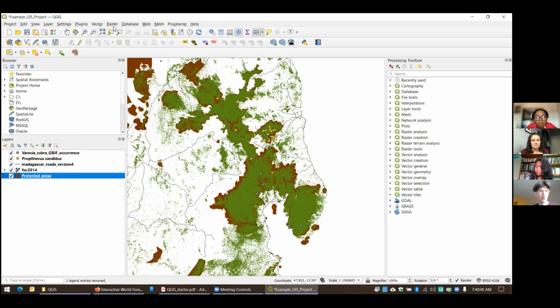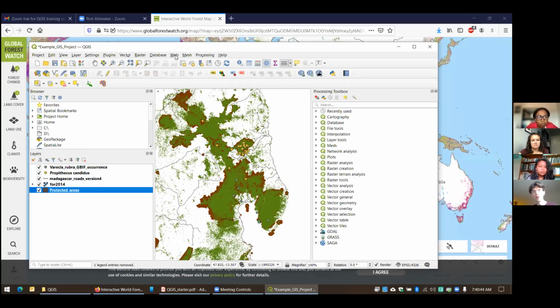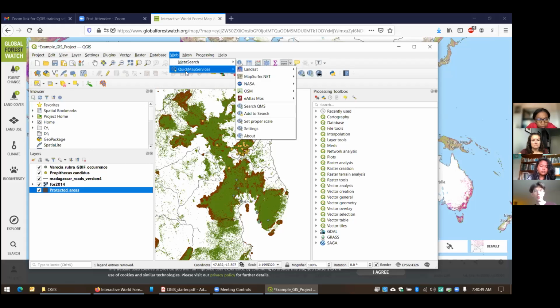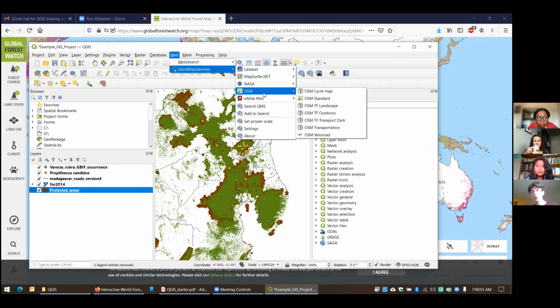Now at this point, what happens is if you come over now to web and you go down to Quick Map Services, and from Quick Map Services, go to OSM, which stands for OpenStreetMaps.